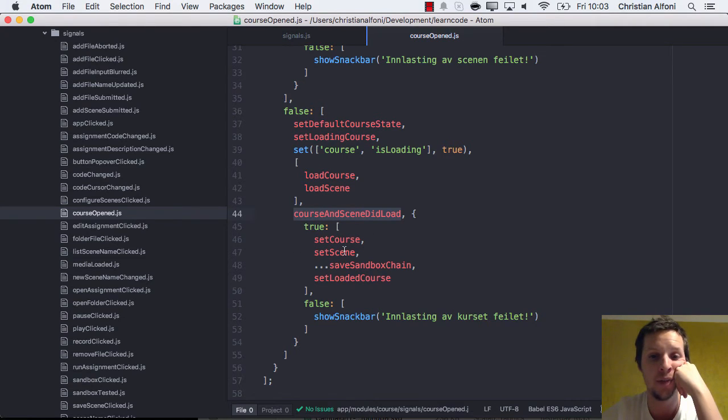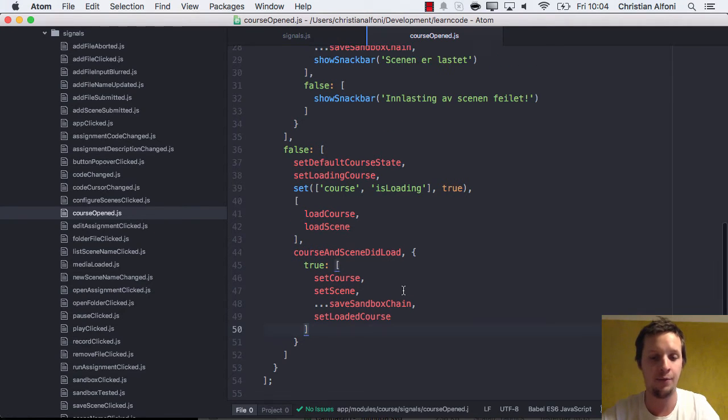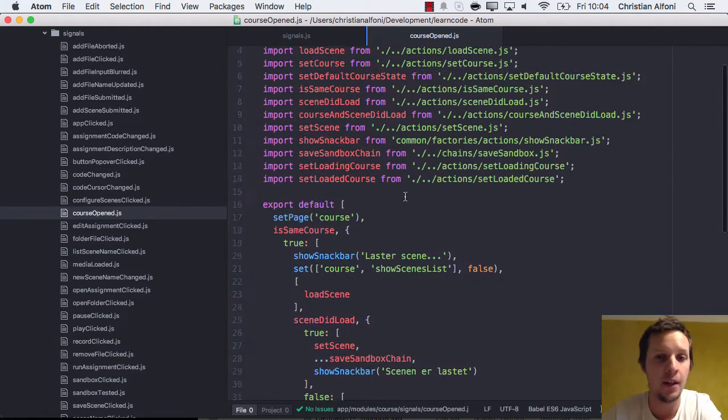And if both of them were loaded, you can see here we reuse the set scene, we reuse the save sandbox chain, and if something is wrong, we just indicate an error. So the thing is that maybe we could have more logic in how we would return from errors, but at least we give a message, which often we do not do. We just forget about all these errors. But we feel forced to do it because we so explicitly express what is happening inside our application. So it would just feel wrong if we did this, for example. It needs to have a false output. Okay, so that's one